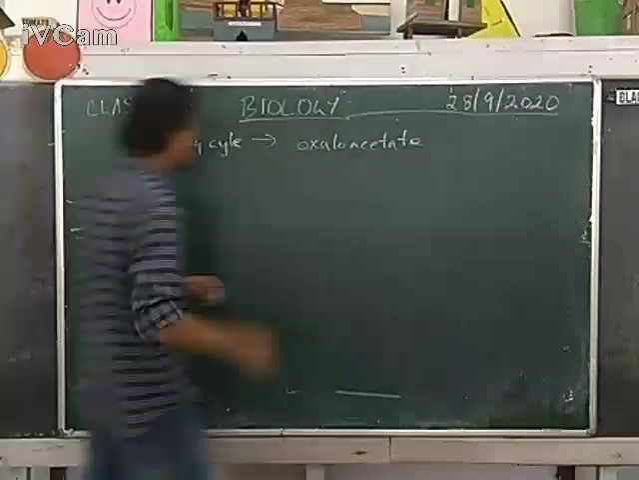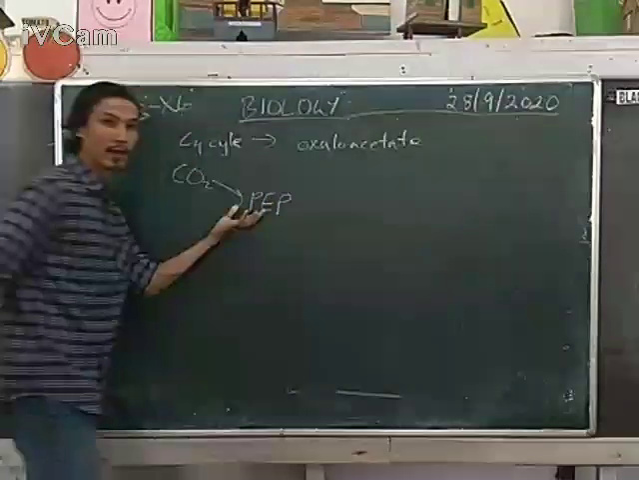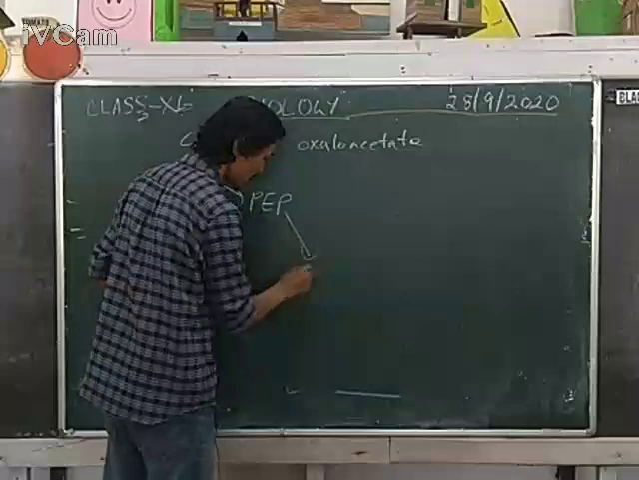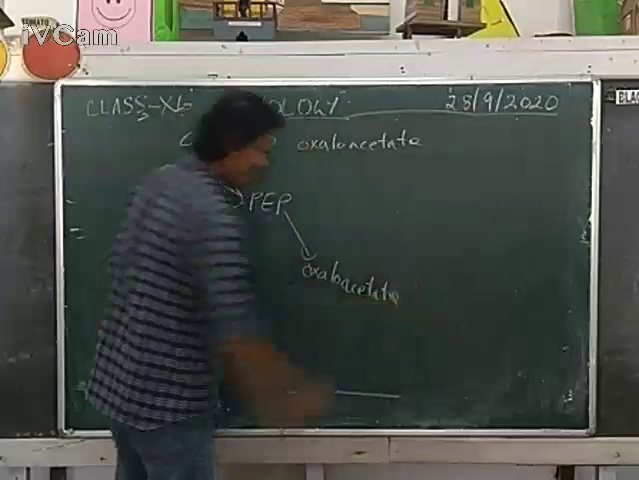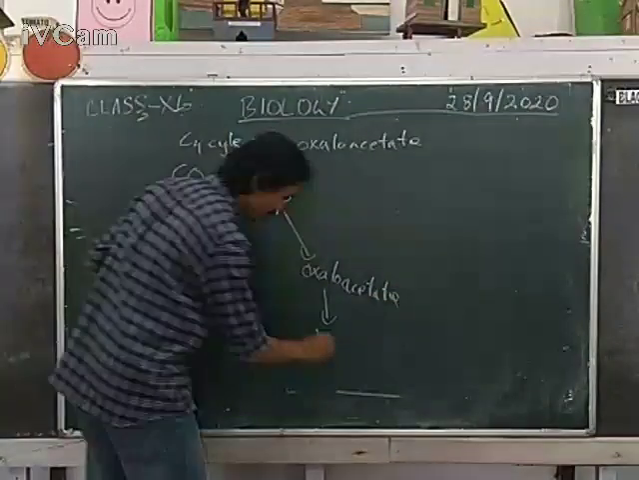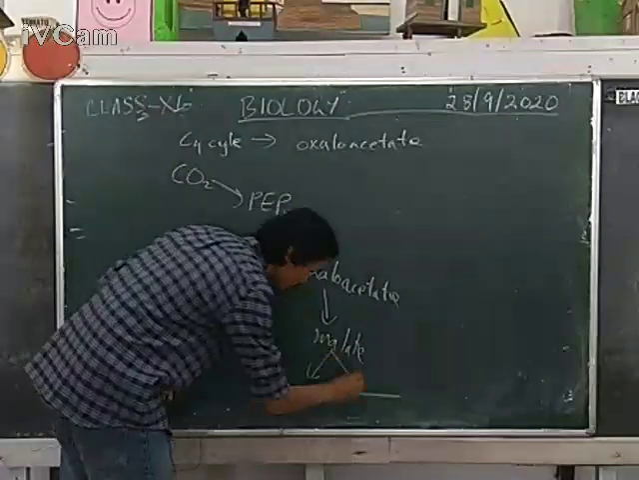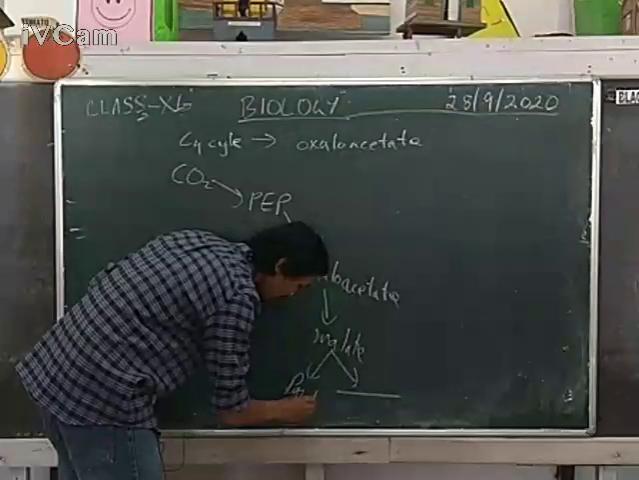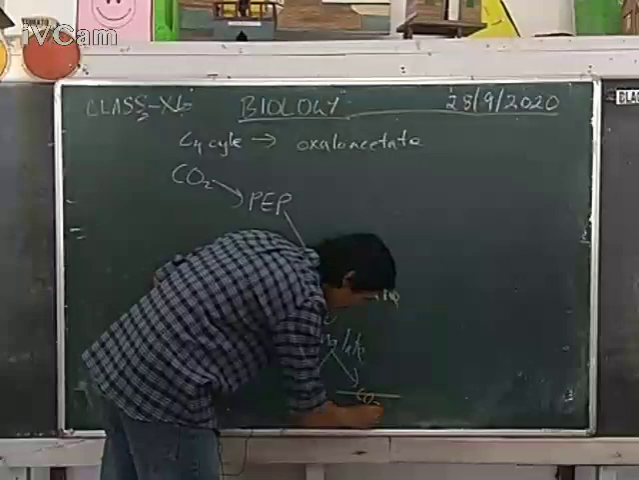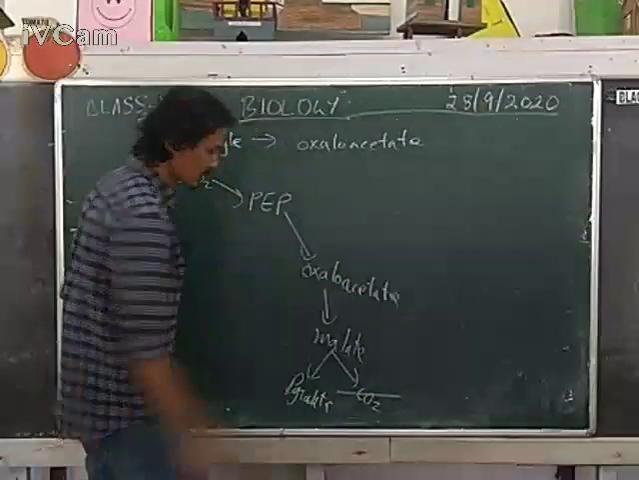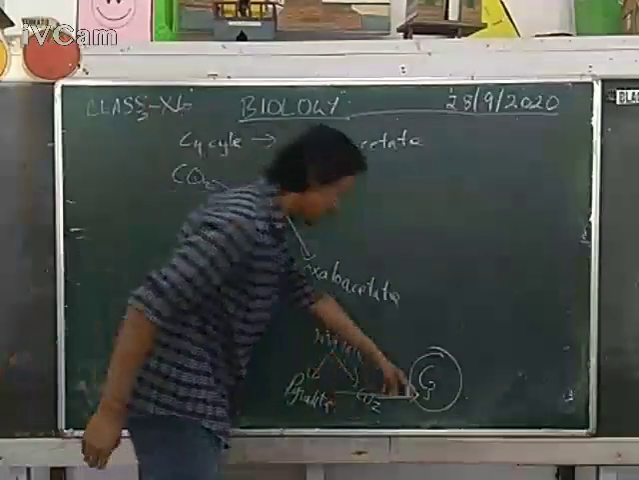oxaloacetate. So what happens is, atmospheric carbon dioxide combines with phosphoenol pyruvate, forming oxaloacetate. This oxaloacetate is converted into malate. This malate breaks down into pyruvate and carbon dioxide. This carbon dioxide enters the C3 cycle, so carbon dioxide is fixed, producing glucose, whereas